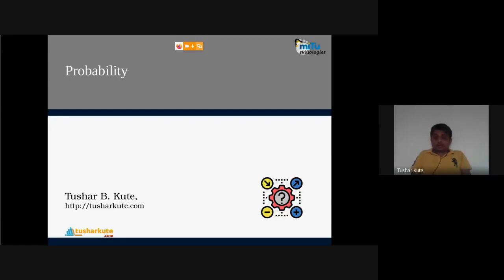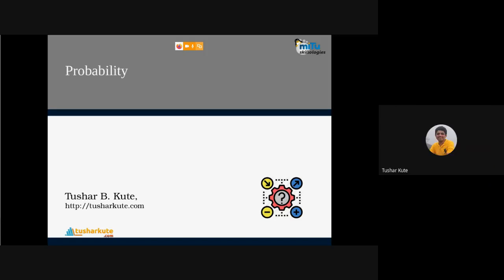Logistic regression is also one of the algorithms which is based on the probability of finding something. What is the probability that the data is this? What is the probability that the data is that? So based on the probability, the identification of predictive data, predictive analysis inside data science can be done. That's why it is important to know what you mean by probability, what you mean by conditional probability, what the random variables are, and what different kinds of theorems are present in the probability concept. Let's talk about it.